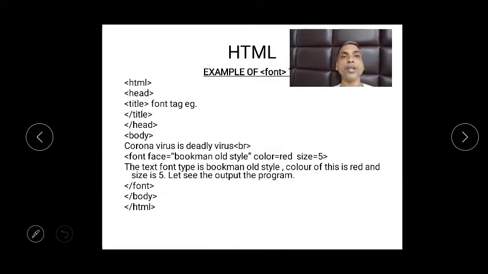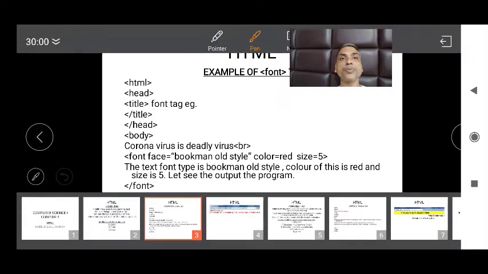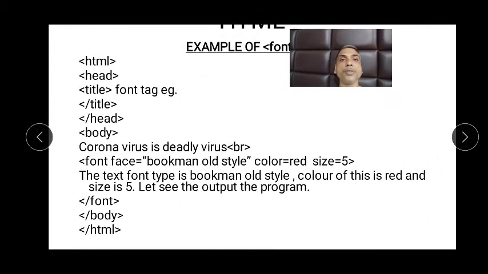Now when we take an example here, I've taken a font example. Inside the body tag, "Coronavirus is deadly virus." Font face is equal to Bookman Old Style, color equal to red. Remember that we have used all three attributes: face, color and size.